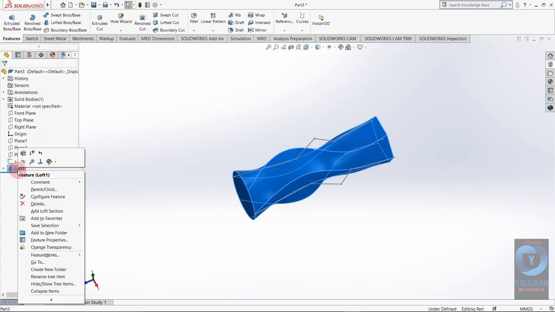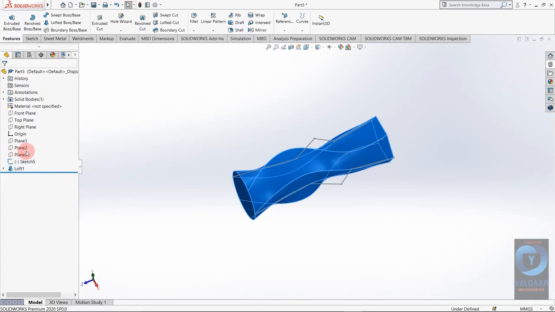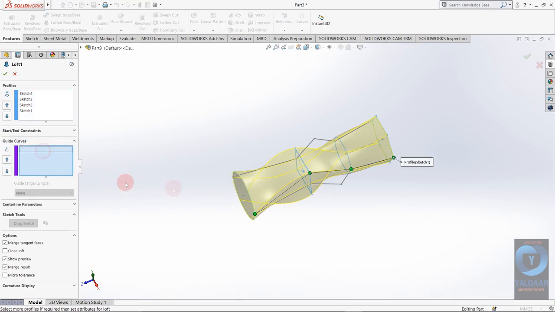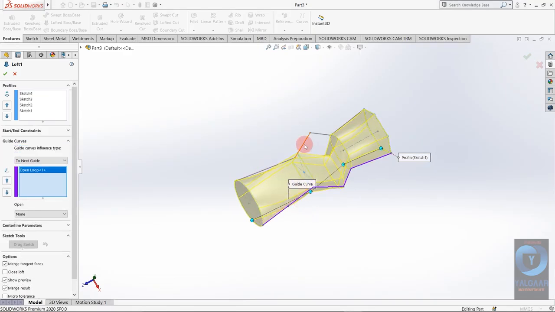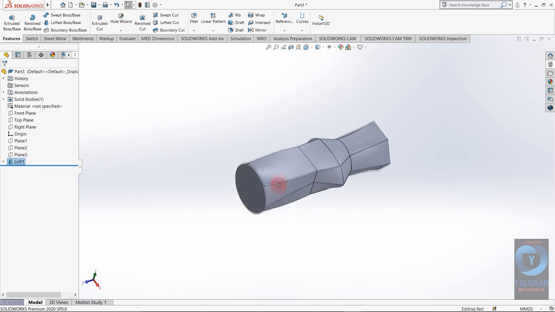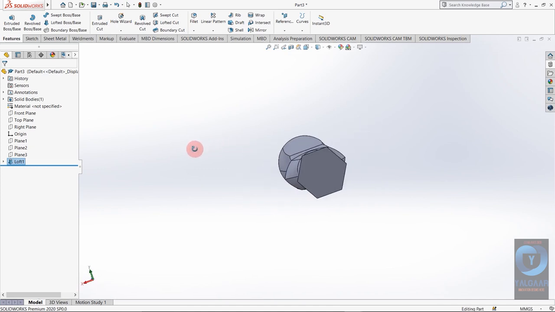So I'm just going to give it guide curves. So edit guide curves, just select this, automatically it will select whole geometry. Also on this side. Now you can see our component is properly extruded.